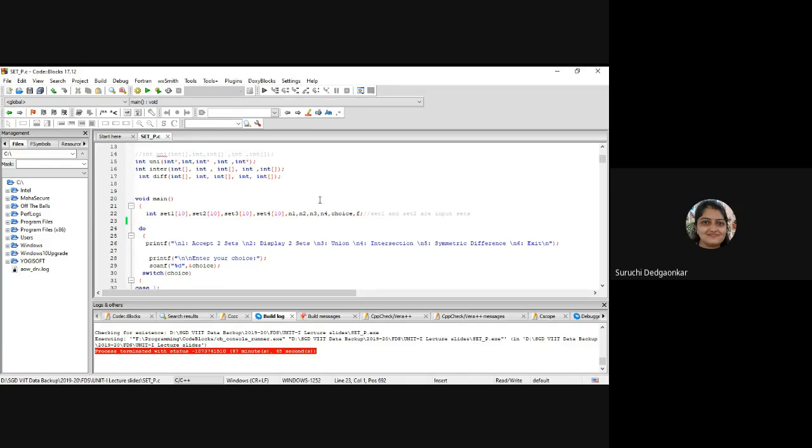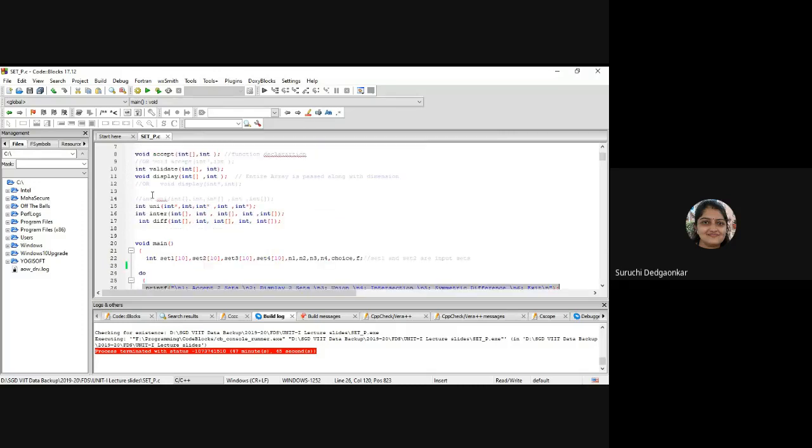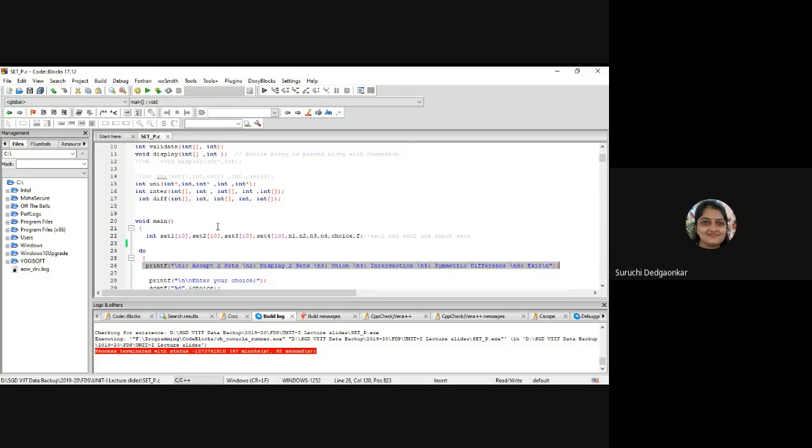Now, see, every program which we are writing from now onwards will have a menu. Most of the programs will have a menu because we are going to have multiple processing functions. So we will represent the functionality using a menu. So we have to write a menu driven program with the help of functions. In every program, functions are expected. Without functions, we should not write any program. These are the certain rules you have to follow from here onwards.